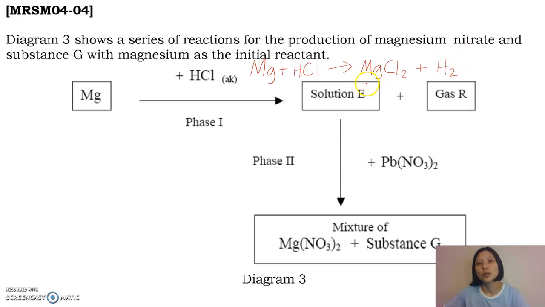Okay, so what is solution E? Solution E is MgCl2. And what is gas R? Gas R is hydrogen gas. Okay, then we can see in phase 2,